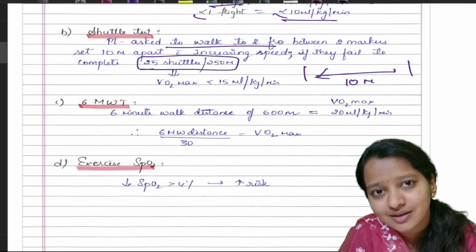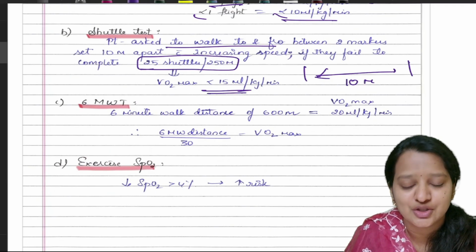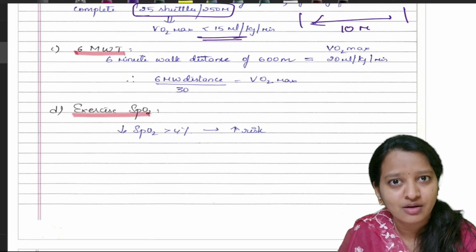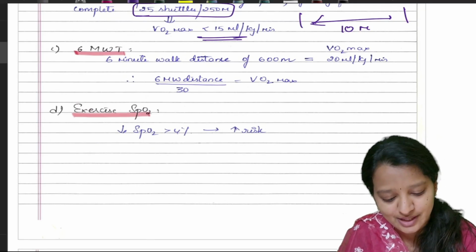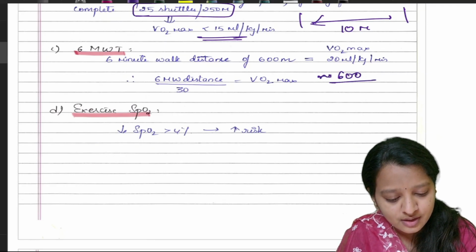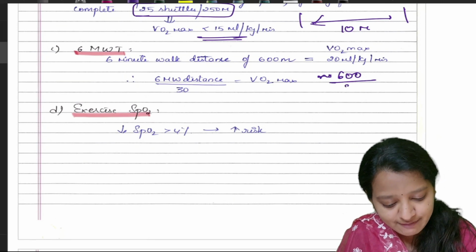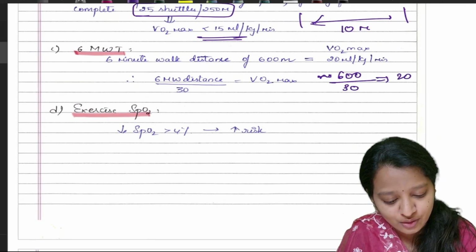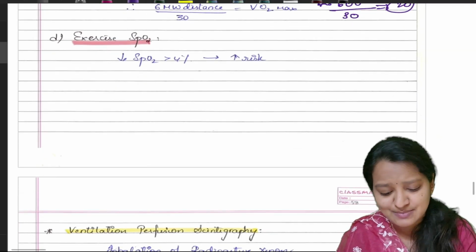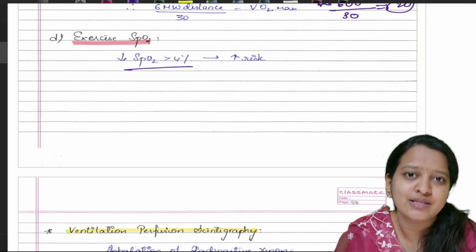If he cannot complete 25 shuttles, that means his VO2 is less than 15 ml per kg per minute. Coming to the 6-minute walk test, we ask him to walk a distance that he can in 6 minutes. Suppose the distance walked by him is 600 meters, we divide it by 30. So it will give a VO2 of 20 ml per kg per minute. The final thing is exercise SpO2, and if the decrease in SpO2 is greater than 4%, it means the